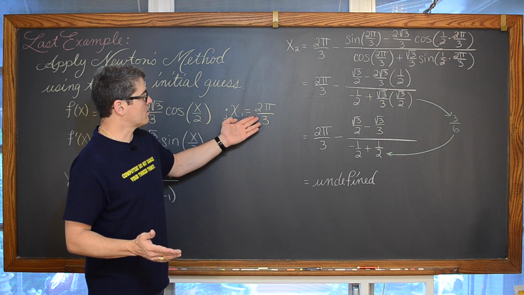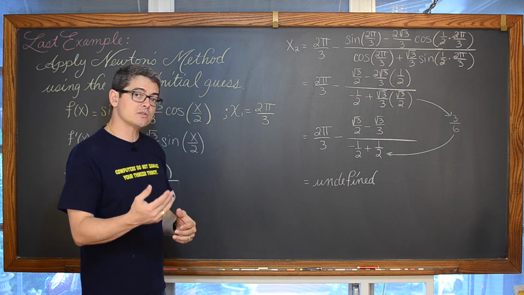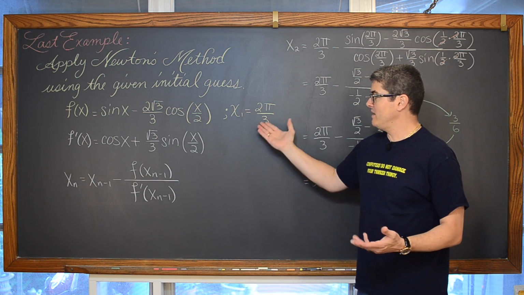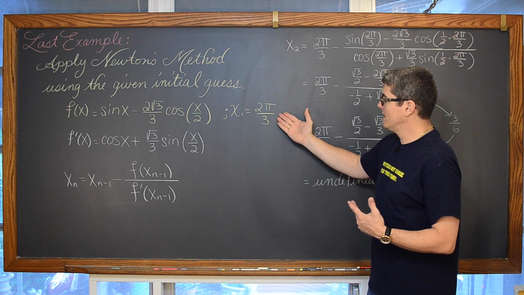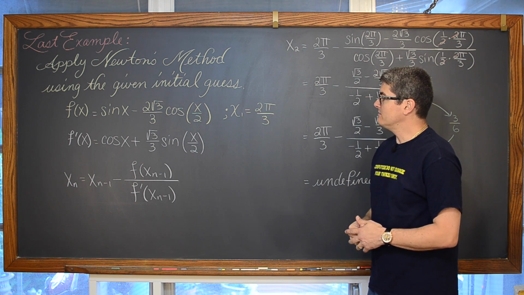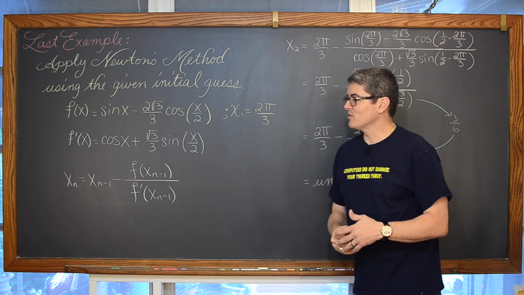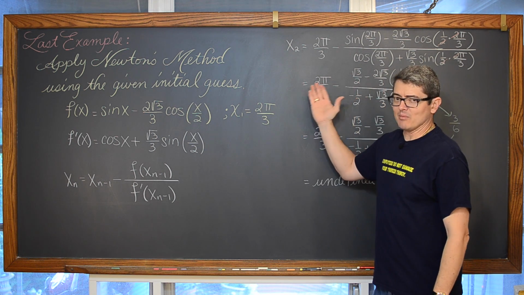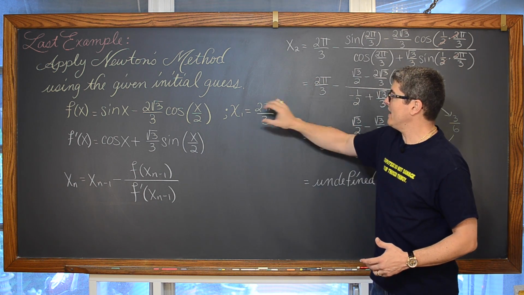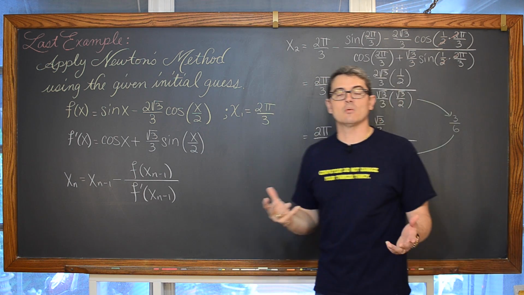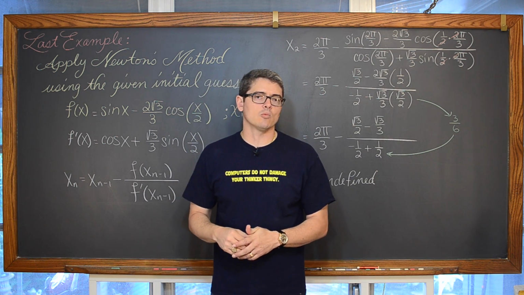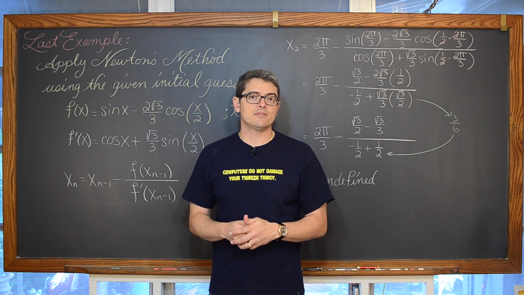Now, you can just pull up or sketch the graph of this original function, and maybe pick an initial value of x sub 1 that is closer to the zero, if indeed there even is one. And for that particular problem, whatever it is you're working on, probably in your textbook, just work through it then. This particular initial guess gave us a derivative equal to 0, and thus stopped the process because it became undefined. And you'll find other examples in your textbook and homework where that caused Newton's method to fail. This is just one particular example.